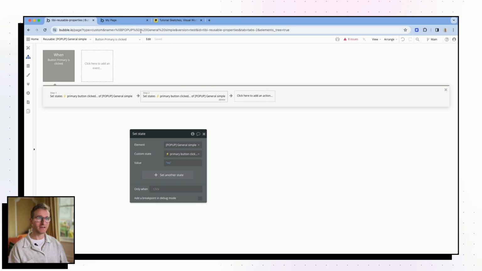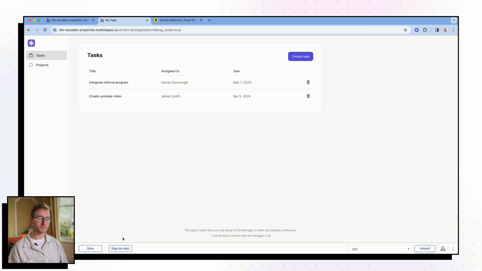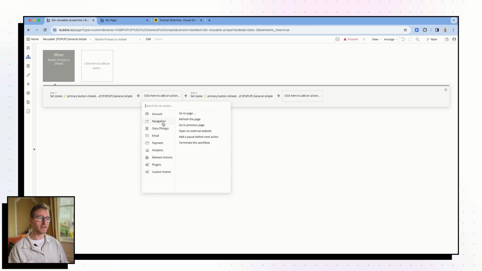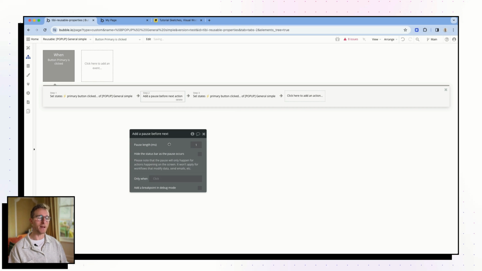But in the meantime, how we get this working, and what step-by-step mode showed us, was that basically this running in real time, it's been switched back to yes and being switched back to no too quickly for the page to pick it up. Or perhaps Bubble is executing this set no action before the yes one. I don't know, right? It's in their code base. You have to interrogate them. The simple way around it is to just add a tiny little pause. Navigation, add a pause before next action. It only has to be a millisecond, right? Your users aren't going to detect this.